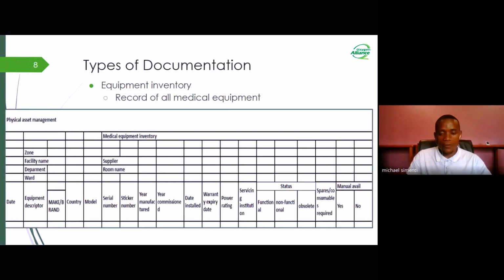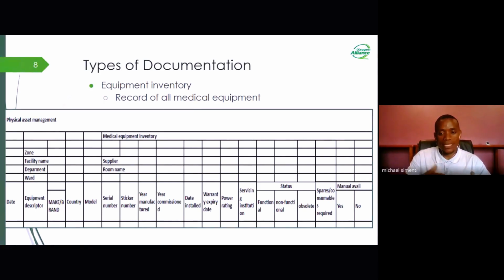The other type of documentation is the equipment inventory. I'm sure that just by mentioning inventory, it pops up in our minds, like, I've heard about this, right? When we are talking of inventory, this is the mother of all documentation which can be done in an institution or health facility, because it takes all information about the medical equipment or devices which you might have in your institution, right?